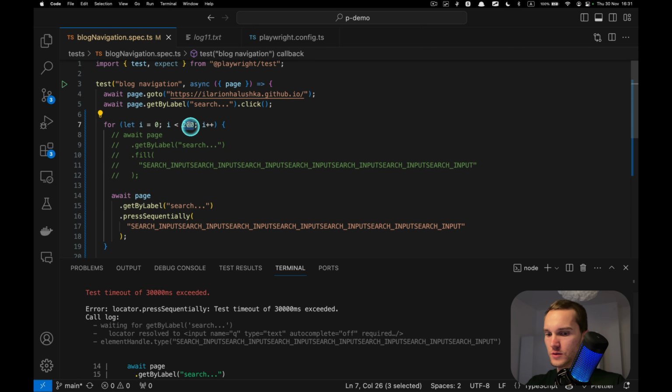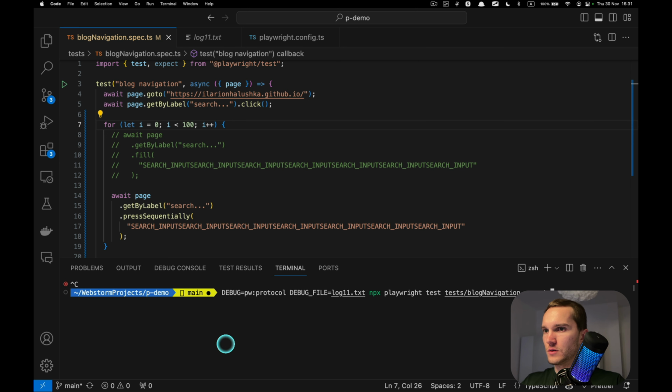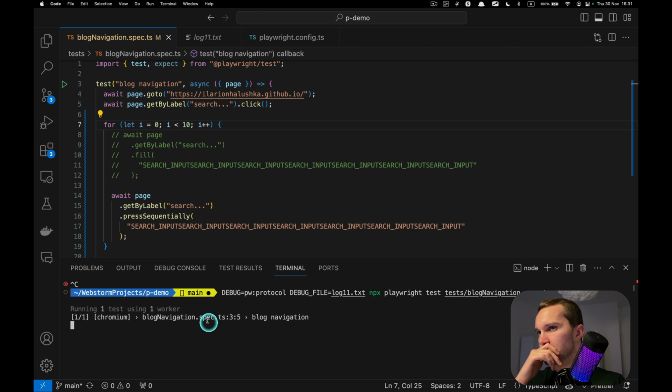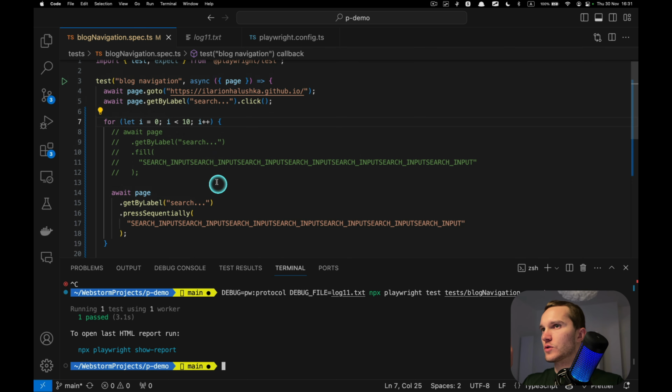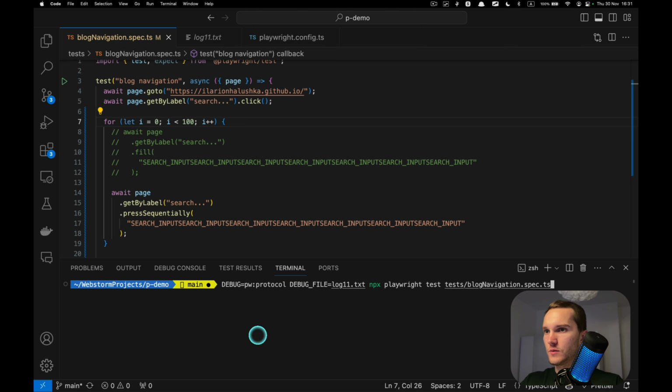Let's try with 100 iterations. Okay, let me try, or let's say just 10 iterations. That's odd. Okay, this one worked with 10 iterations. Let's try with 100 iterations.